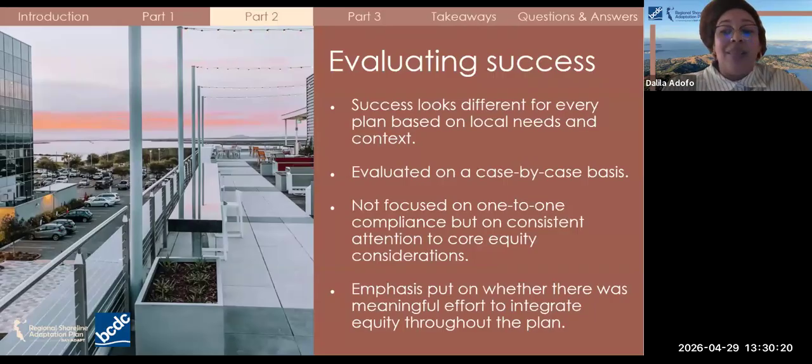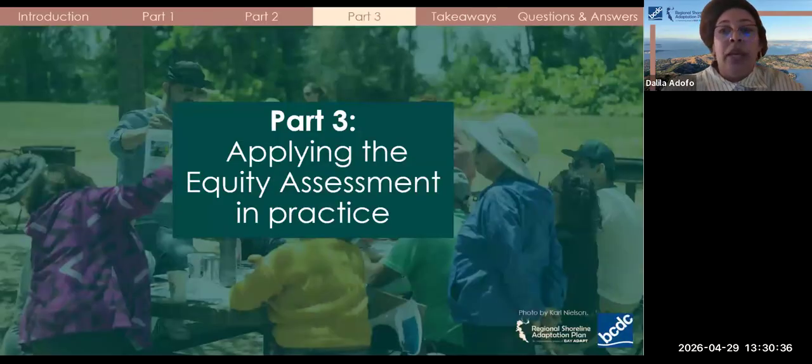The focus is on demonstrating a clear, good faith effort to integrate equity throughout the entirety of the planning process and ensuring it is thoughtfully reflected in a way that fits the community that you're working with. As I talked through the framework, you might be asking, what does this actually look like in practice? And in part 3, Nama will talk about just that.